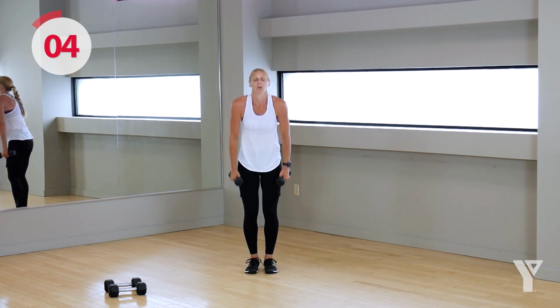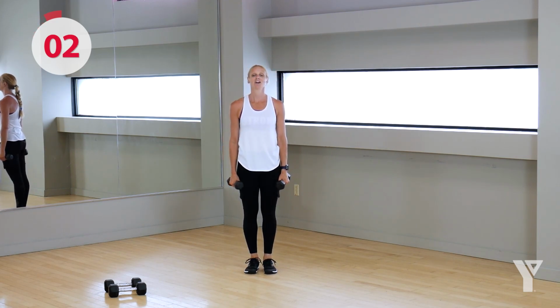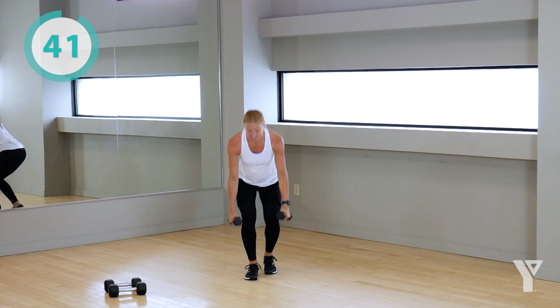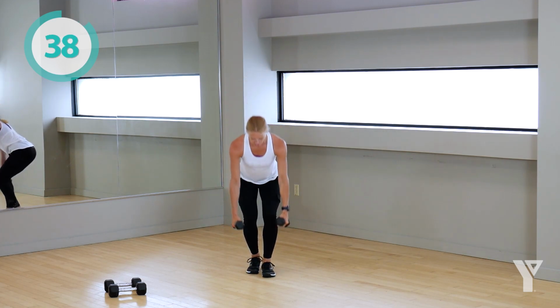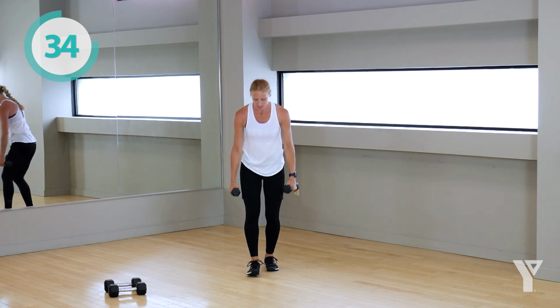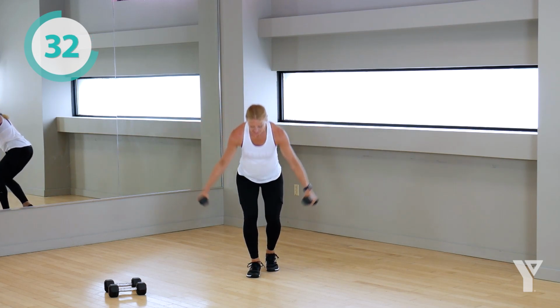Okay, one more shake. Reset, get ready. 3, 2, 1, here we go. Crouch, fly, reset, other side. Crouch, fly, other side. Now, use your legs to help out,